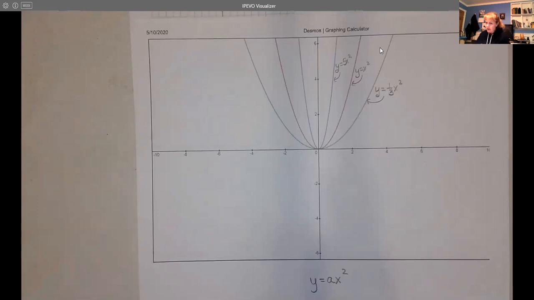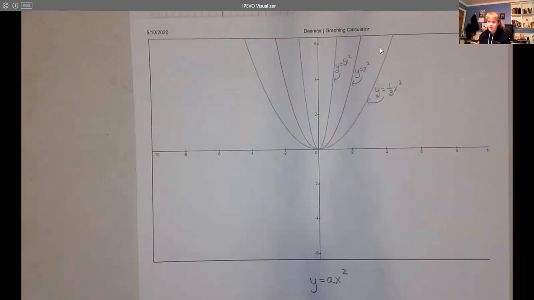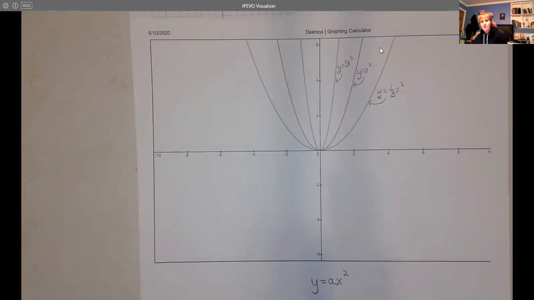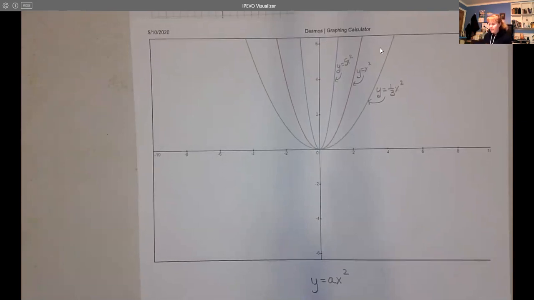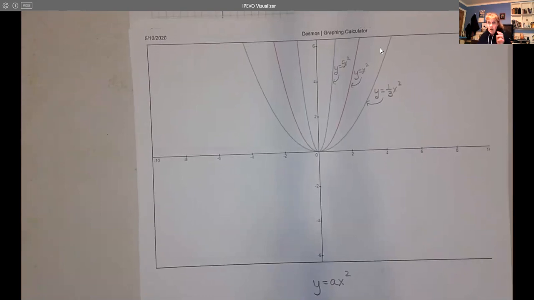I have graphed. Now, you guys, this Desmos is an online graphing calculator. It's free. It's pretty nice. It does really nice graphs. You just type in the equation. So those of you that don't have a graphing calculator for next year, you might want to remember Desmos. It's on, I think it's just desmos.com, but it's a graphing calculator. What I did in Desmos is I graphed three quadratic equations,